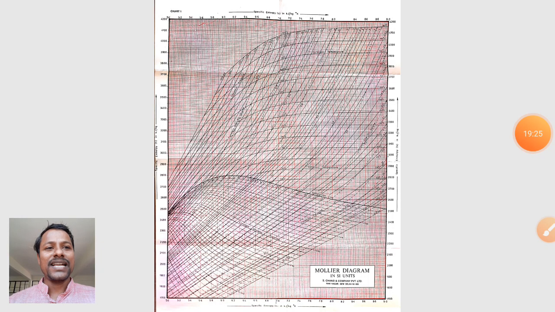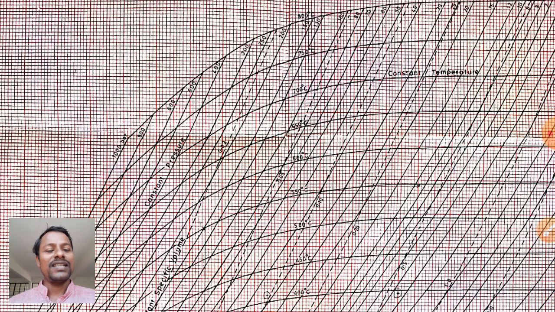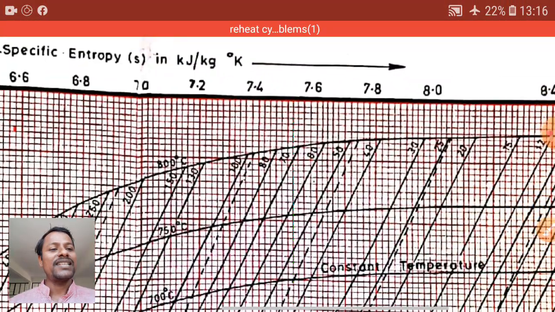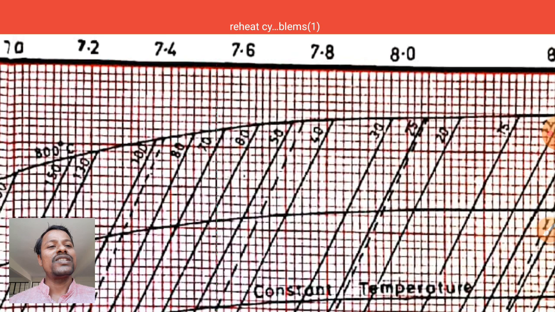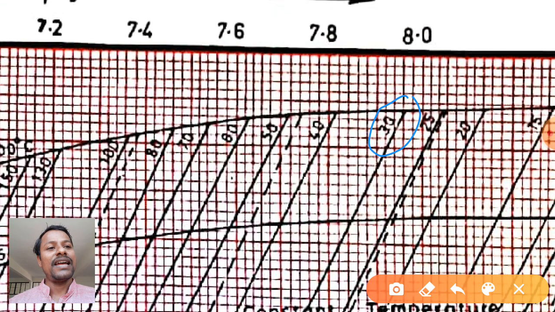Now this is the Mollier chart that we need to refer to, following the steps that we have discussed so far. So first, state point 1 is to be marked on this. I will read the pressure lines here. These are the pressure lines. I have the 30 bar pressure line here and the 40 bar pressure line. I am not able to find the 32 bar pressure line, so I need to identify the divisions in between these two lines, approximately draw a 32 bar pressure line, and move downward.